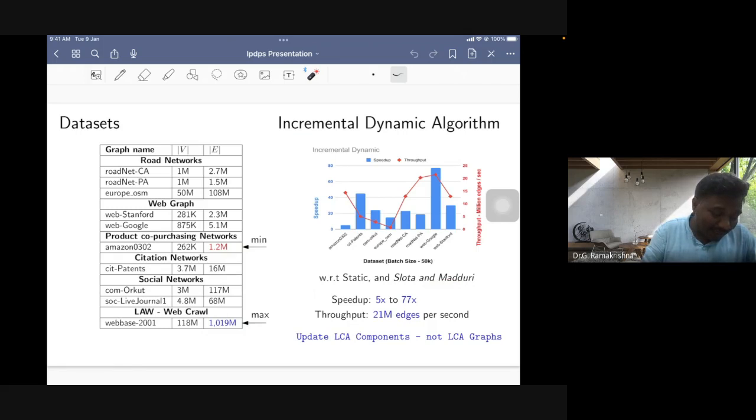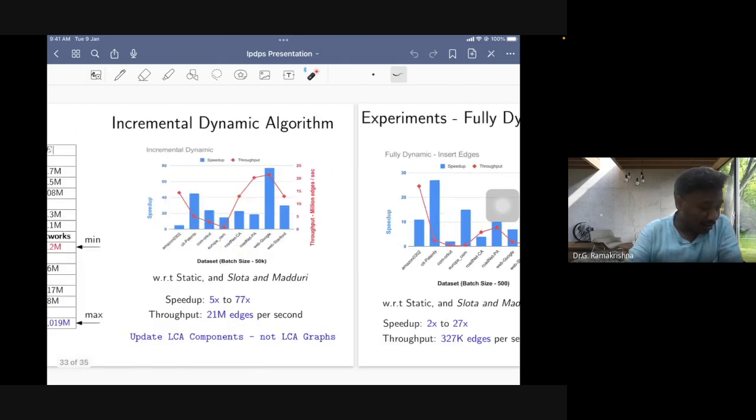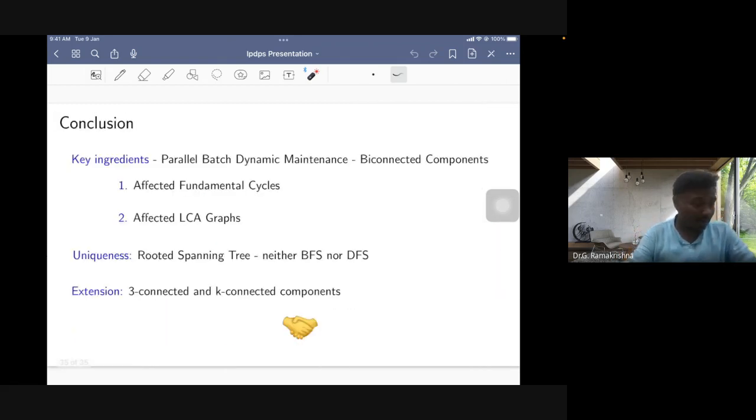I mean, static algorithm is our own static algorithm. The Slotas and Madhuri, this algorithm is about parallel algorithm. We compared our result with both of them, and the speed up is ranging from 5x to 77x. Yeah, so these are the most important results, and all these speed up, the credit always goes to